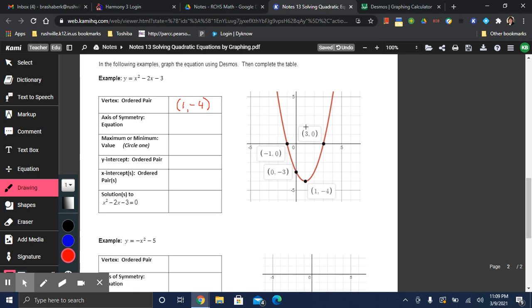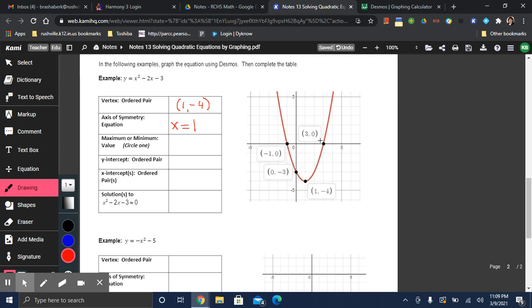Now, you won't be drawing this in because you're not drawing the graphs this time, but you should know the equation. It is always x equals, you must have that, and it's the x out of the vertex. So in this case, x equals 1. You must have it as x equals. All right, then we'll look to see,